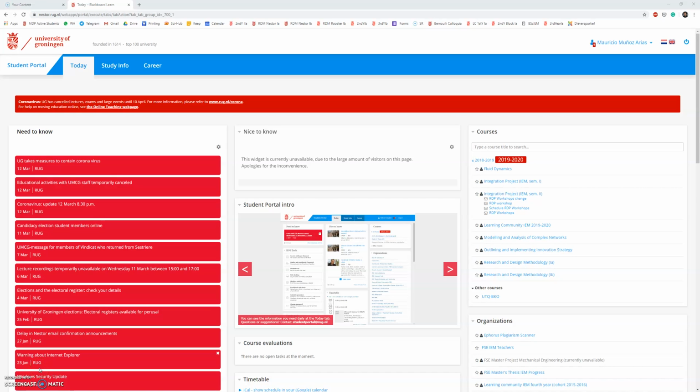In principle, we will learn how to set up Blackboard Collaborate Ultra in order to do conferencing. It's necessary only to have the root account and to have a profile of leader or lecturer in the Nestor tool for the Master Design project. So we can go directly to the Master Design project,